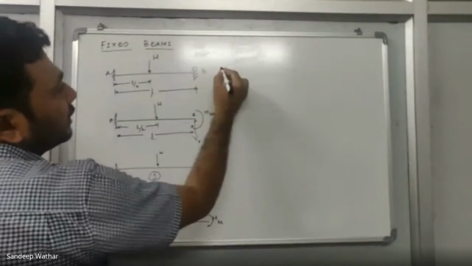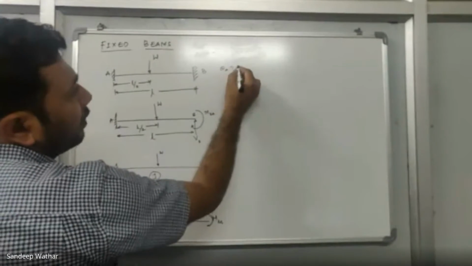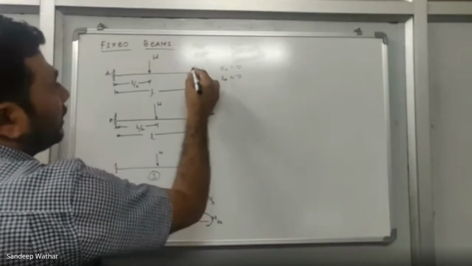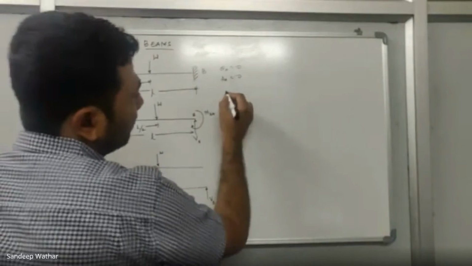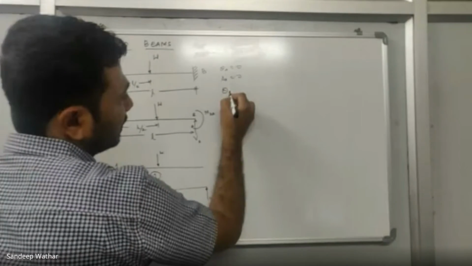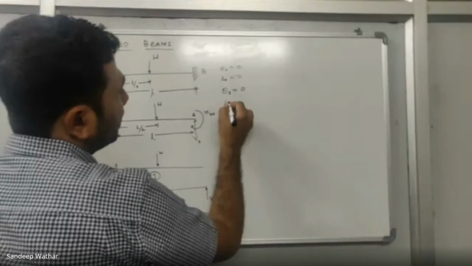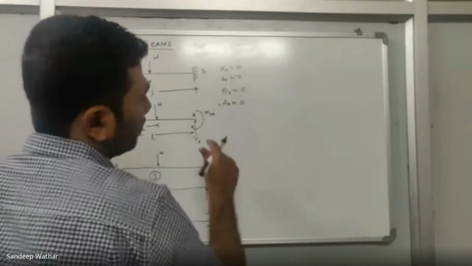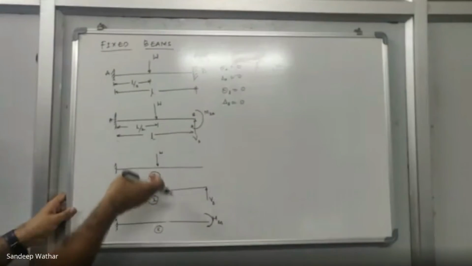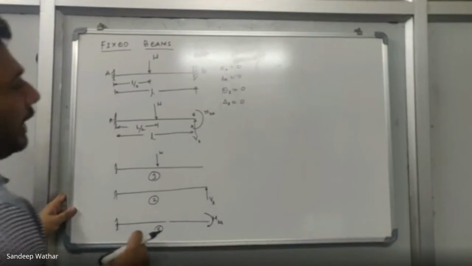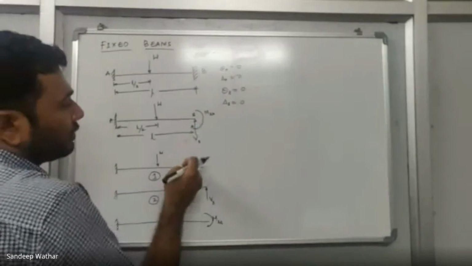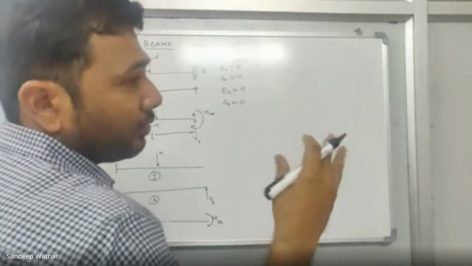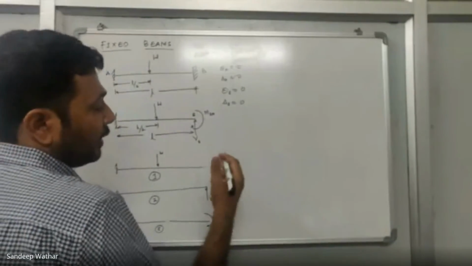So if it is fixed, slope at A should be equal to 0. Okay, and deflection at A should be equal to 0. Similarly, you're going to support B, you know that it is fixed support. Because of that, there is no rotation. So theta B should be also equal to 0. Delta B should be also equal to 0. But what I have done in these cases is that I have released this structure, I have applied 2 reactions. With the 2 reactions, I have calculated 6 values, 3 values of slopes, 3 values of translation.